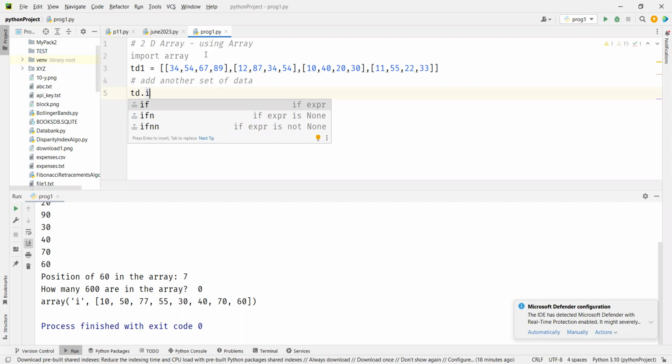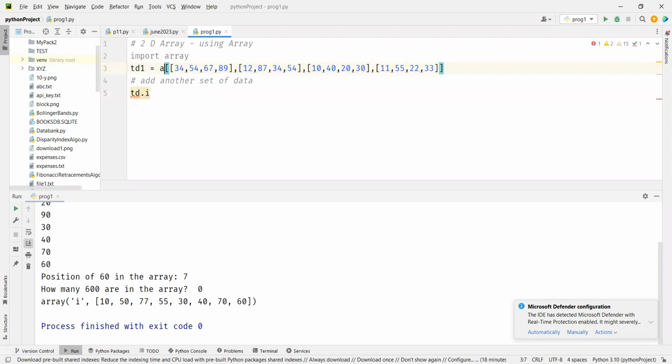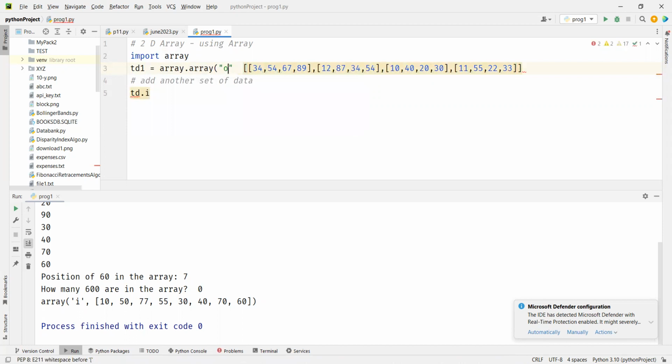So I'll use the same thing here. Array dot array, and let me use I itself, right? Okay. Now I'll say td dot